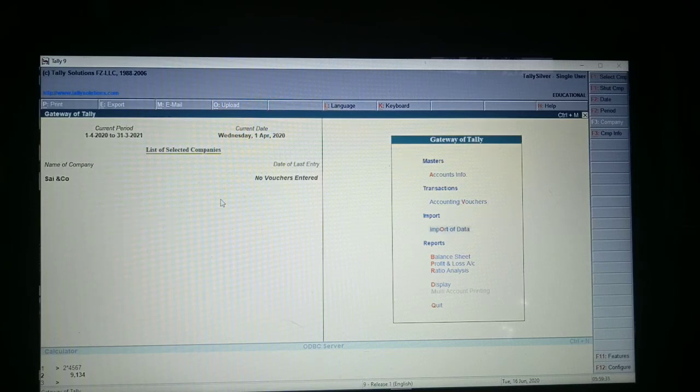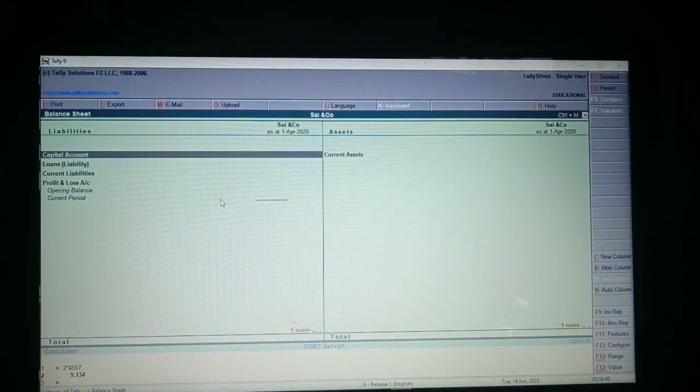Import of data. In this you have masters and vouchers. Escape once. Balance sheet. So liabilities and assets. You are supposed to enter ledgers and you are supposed to create vouchers. Tally automatically gets you the balance sheet, P&L account, and everything.